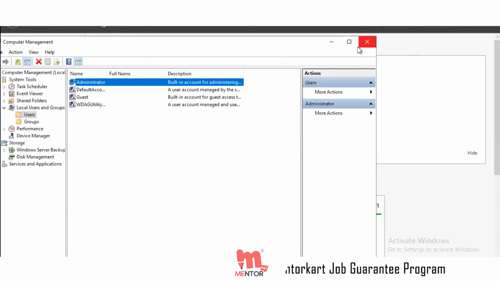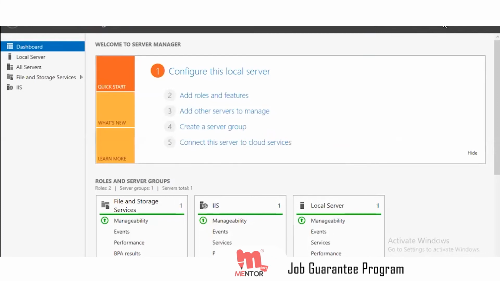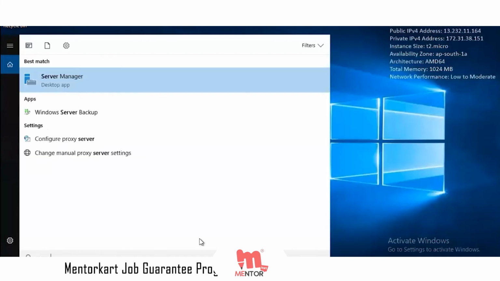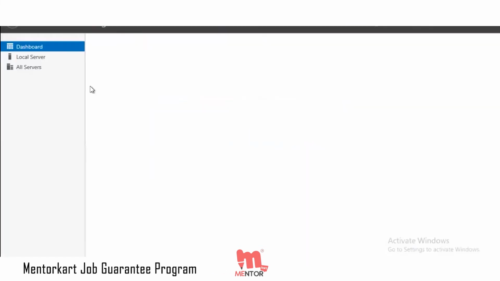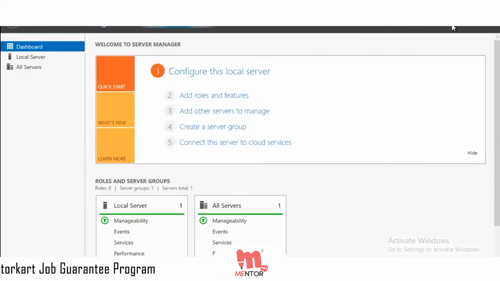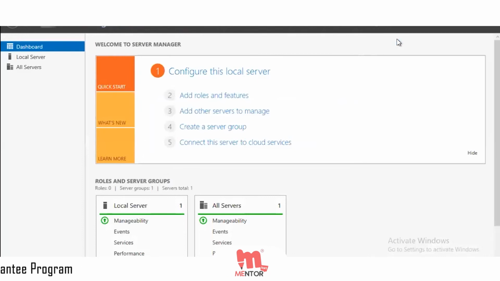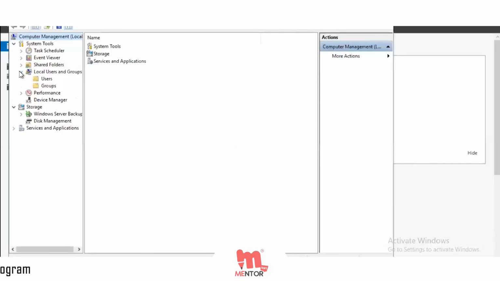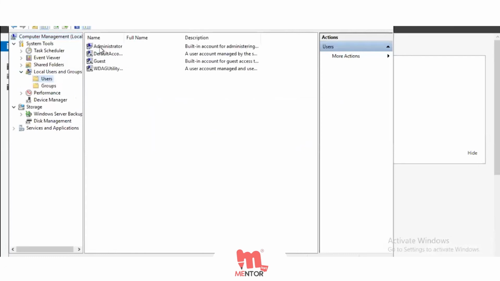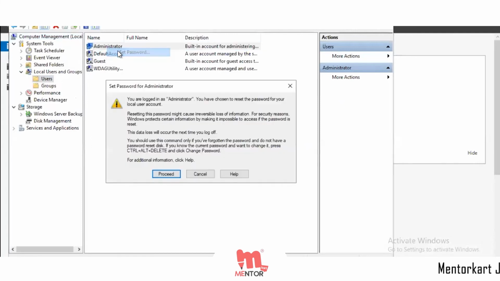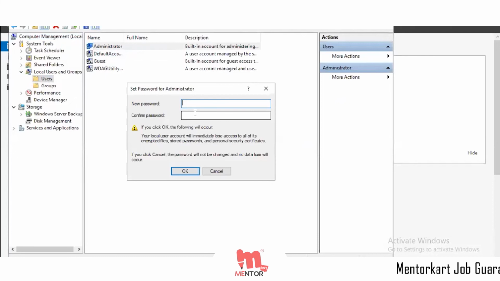Administrator, how to change, right? So again, I will show you. Go to Tools, open Server Manager. You know how to open Server Manager, otherwise I will again show you. Search, then type Server Manager. Then click on Tools, then Computer Management. Then Local Users and Groups, and Users, Administrator, right click,